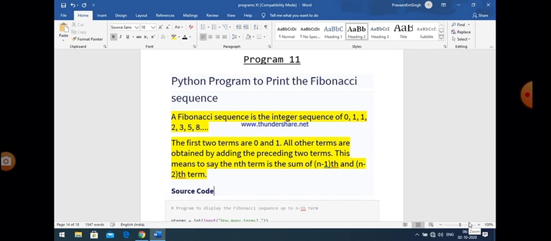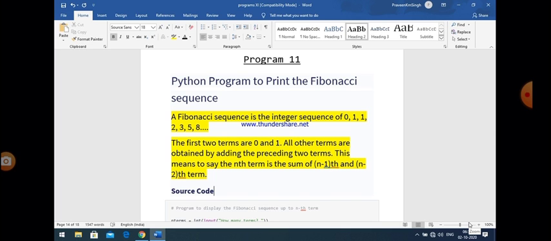So if we want to write a program for the Fibonacci series, we have to fix these two values, the first value and the second value, and after that we write code to implement the Fibonacci series up to a given number, in such a way that a term is the sum of its previous two terms. I think the concept of the Fibonacci series is quite clear to all of you. So the first two terms, 0 and 1, are always fixed.